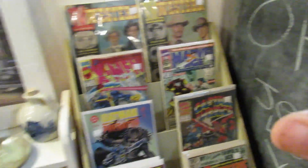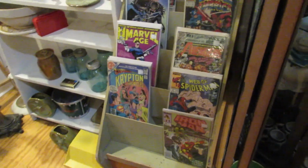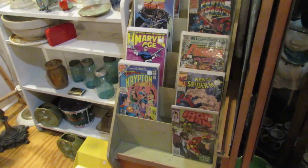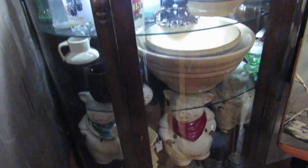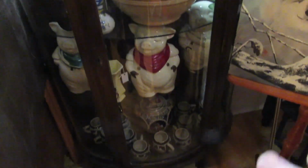I do have a little comic book section here. I sell a couple of comic books, but I really don't sell a ton of comic books. This is my buddy Paul. This is his case right here, and he's got some of the ceramic crock bowls. He's got the little piggy